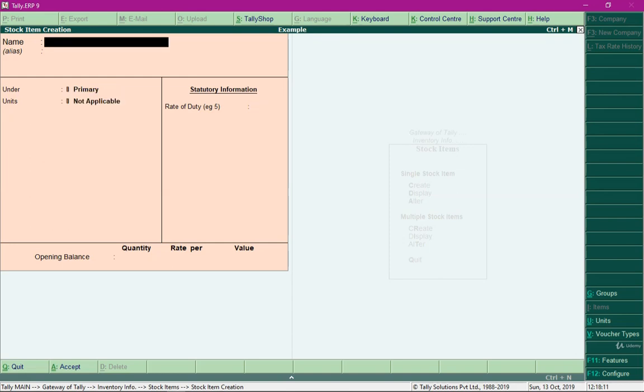Now in order to assemble and develop a PC, we would require to purchase all the components. So what we are going to do is purchase the stock items for monitor, CPU, keyboard, mouse, and so on, and then store them in the company's godown. And in order to store purchased items in a godown, we need to enable godown management in Tally by pressing